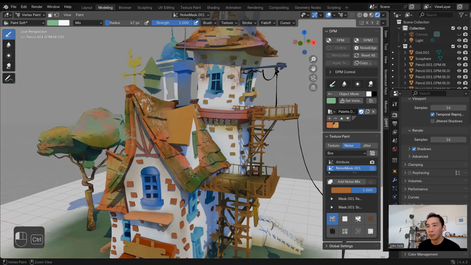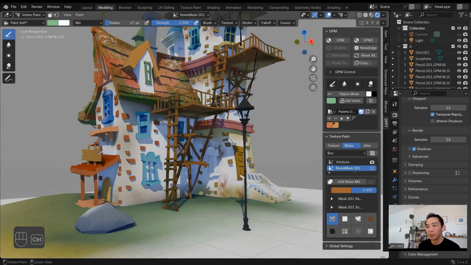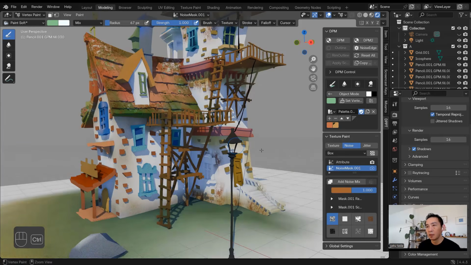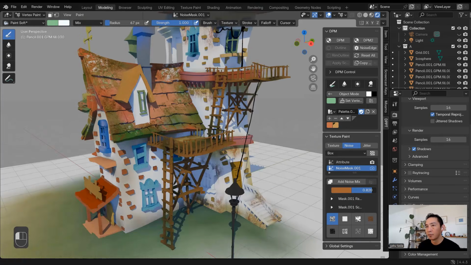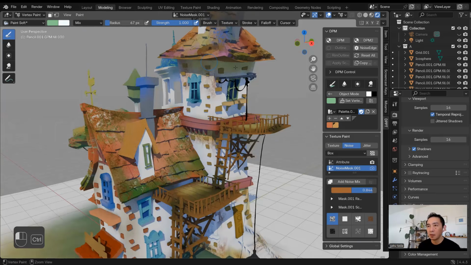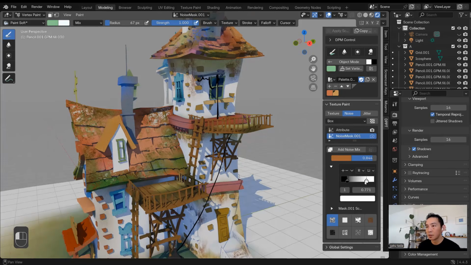You see I'm adding some noise texture. Maybe a bit heavy, but I can adjust with this opacity, and also change the contrast, right?